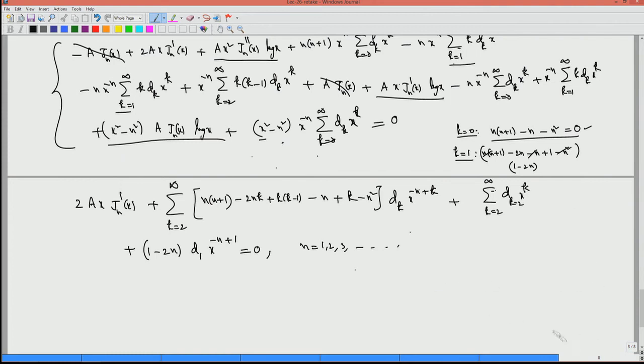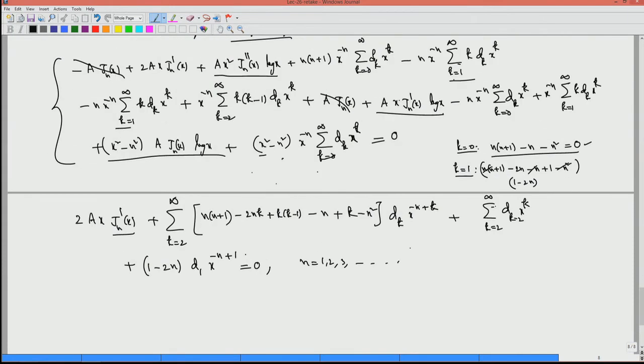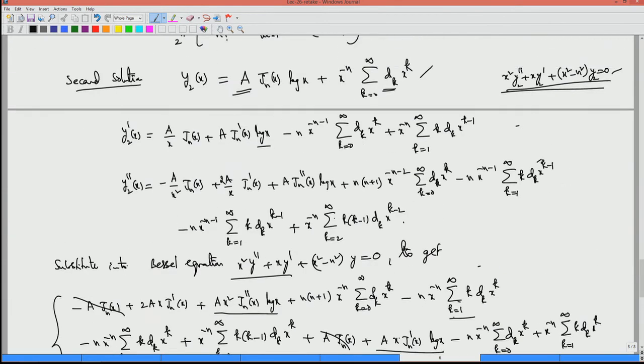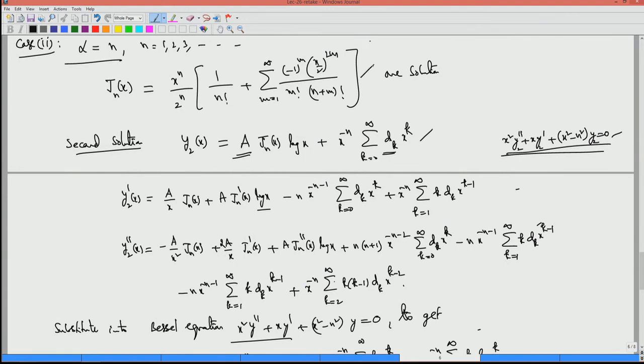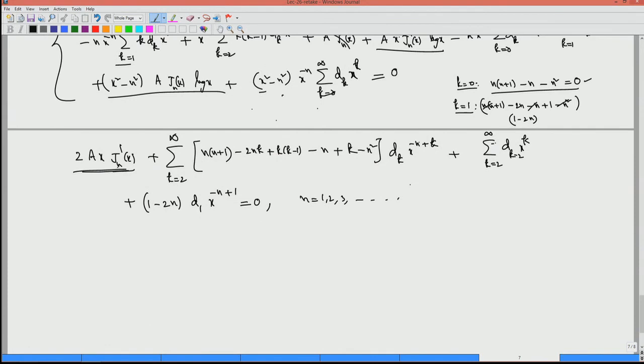So this is the equation. Now the whole equation is this. Now you can substitute what is your Jn of x, and Jn dash. For this you need Jn, you know Jn, you calculate Jn dash. From this you calculate Jn, I am writing directly. So this is your Jn, you differentiate this Jn and then try to substitute. So you will get 2ax Jn dash of x will be